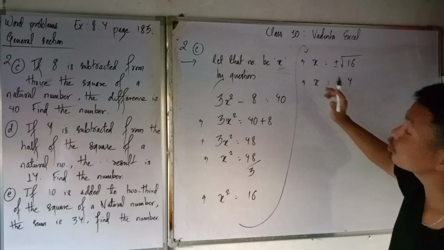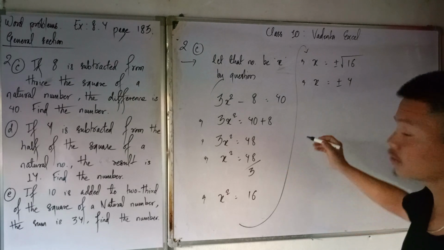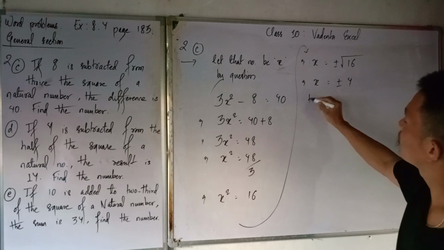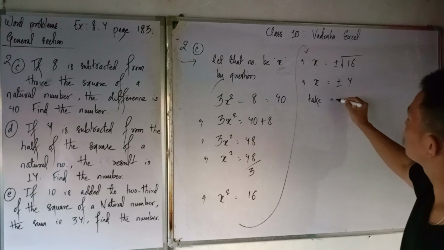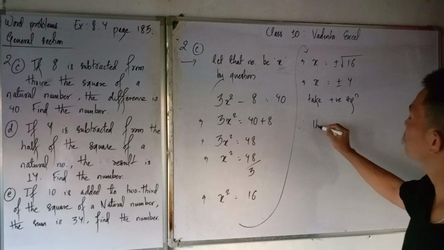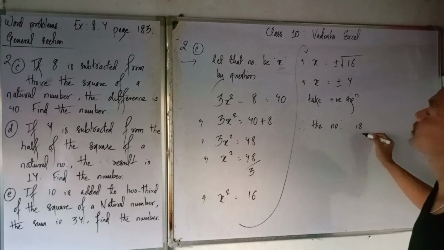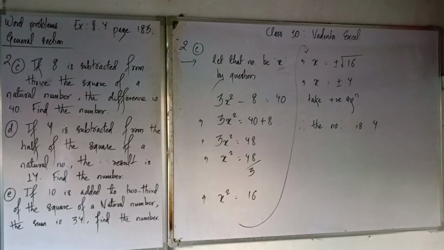We have two values for x: one is positive 4, another is negative 4. We just take the positive sign. Therefore the number is 4. A natural number can never be negative. So just like we did this,